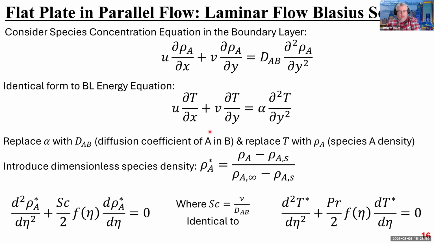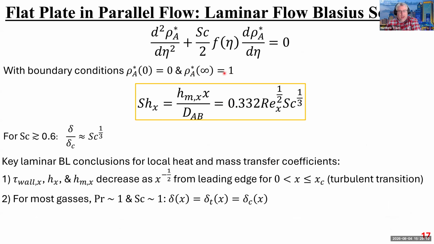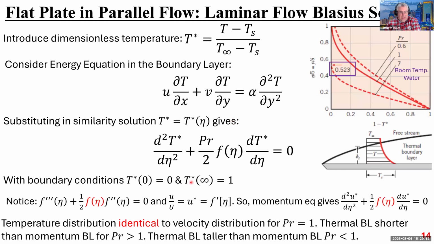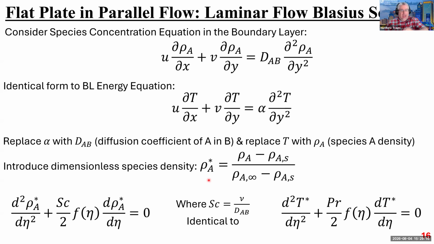And then far away in the free stream, this value just becomes rho A infinity, right? So you have rho A infinity minus rho AS divided by rho A infinity minus rho AS. That's 1. So that's where this boundary condition comes from. Notice, right? They're the same boundary conditions that we had before. This is identical in every way. And so